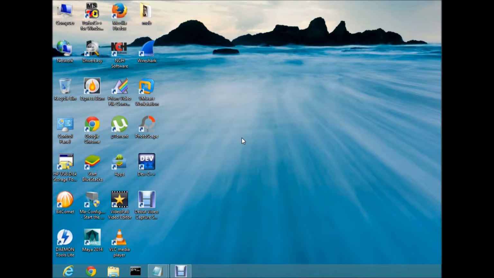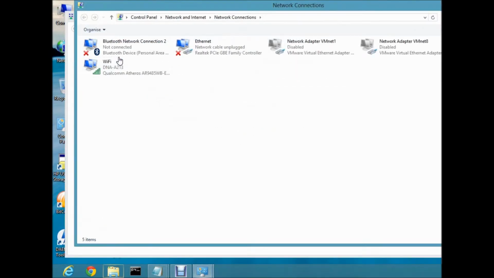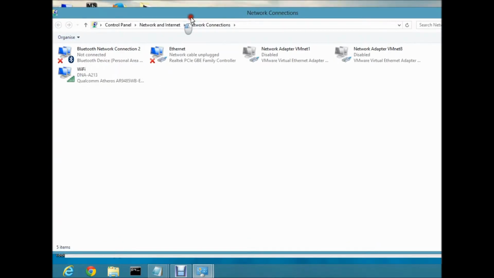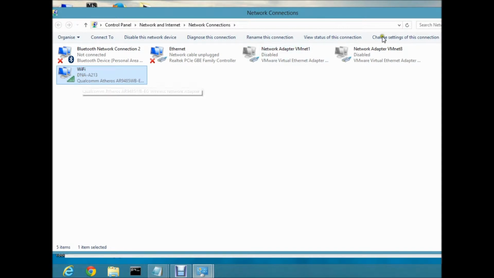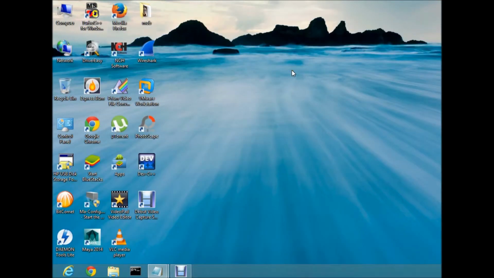You can see all the network adapters which are related to your computer from your control panel. Now you can see there are mostly two types of adapters used. First is the Ethernet port adapter, and second is the Wi-Fi wireless LAN adapter. So now I am connected to my Wi-Fi LAN adapter. So you are going to know about all IP.